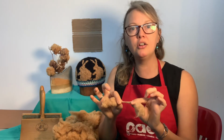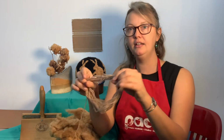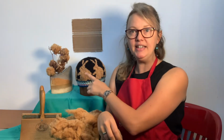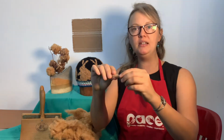And that yarn could be woven into fabric, or it could be knitted into hats and mittens to keep you warm. So you see the hat behind me, it kind of looks like bunny rabbits, right? But it would not have been possible to make a hat like that out of this fuzzy cotton. It had to first be spun,